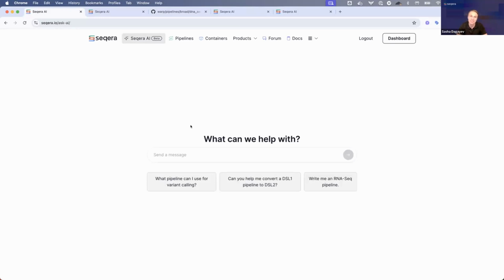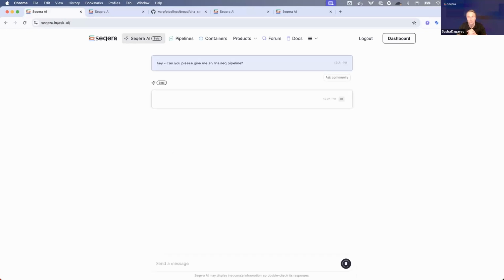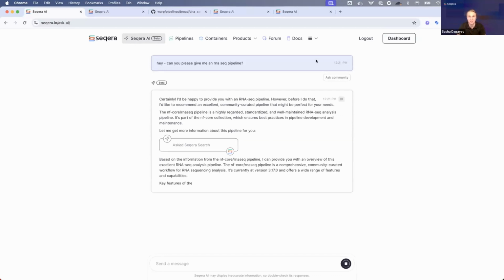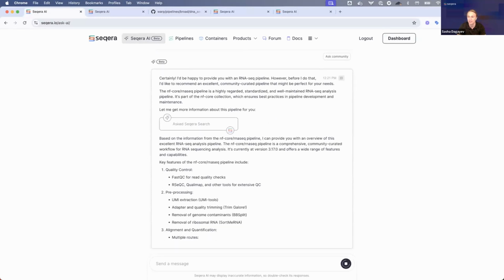So now let's get started. And this is where some of the differences should become apparent. So initially, if we do things like, hey, can you please pipeline? You'll see the first departure between us and a lot of the generic chatbots that you guys might have seen out in the universe. And some of that,